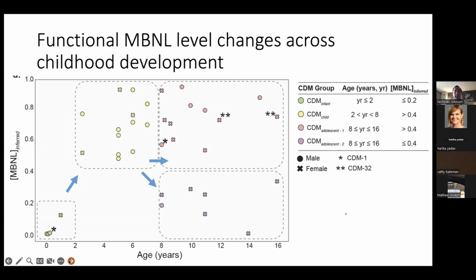I showed you that triphasic pattern of progression that happens clinically. This is what their splicing looks like in a cross-sectional way. So you can see, if you look at a measure of RNA splicing with 1 being normal and 0 being abnormal, kids at birth are really severely affected in terms of their underlying spliceopathy. But interestingly enough, in this cohort of childhood individuals, some of them have nearly normal splicing. And then in adolescence, you can see that they start to separate out. So some seem to maintain a fairly normal splicing score, and others seem to revert back to that more severe